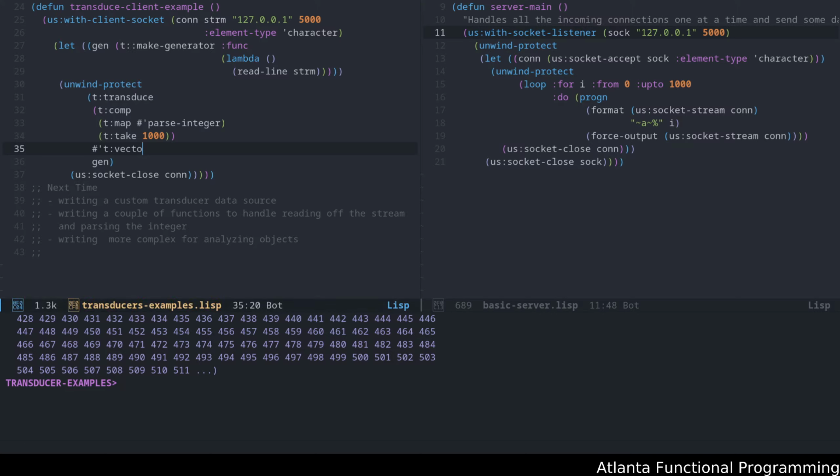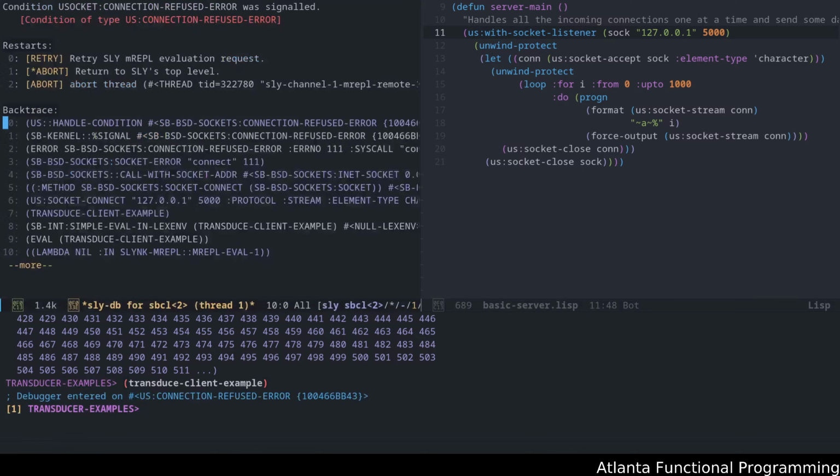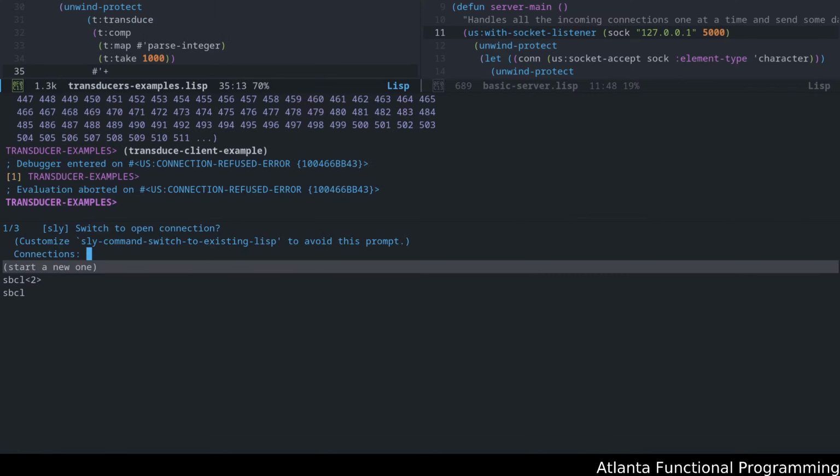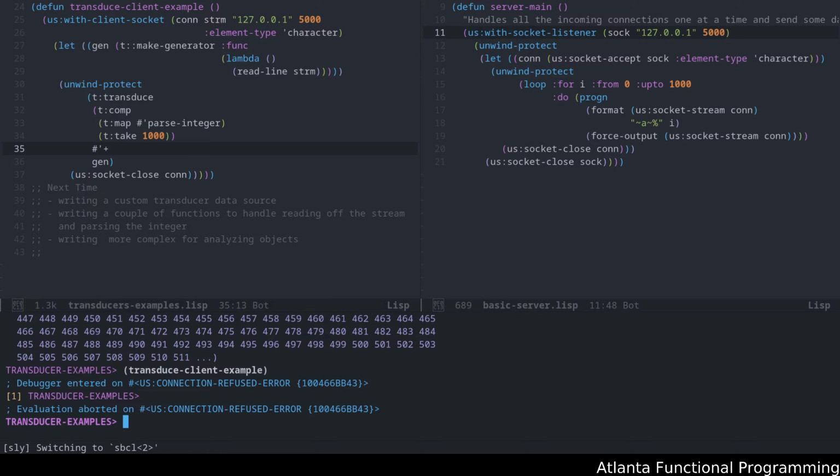Let me switch this up. If I do plus, we run this again. Now, oh, it's because it closed it. Got it. I have to restart the server because I didn't actually make this an infinite loop for each connection accepted. I should have done that, but let me switch over to a different example. Oops, sorry,